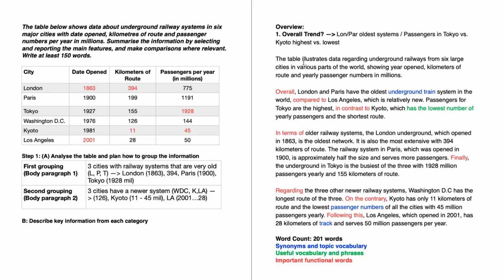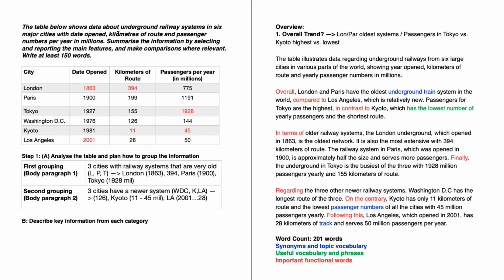Okay, and here's the finished product. So we're going to start right here with our introduction paragraph. I'll read it and I will highlight any of the important words and we'll talk about some of the synonyms. So it says, the table illustrates data regarding underground railways from 6 large cities in various parts of the world, showing year opened, kilometers of route, and yearly passenger numbers in millions. And that is exactly what we see